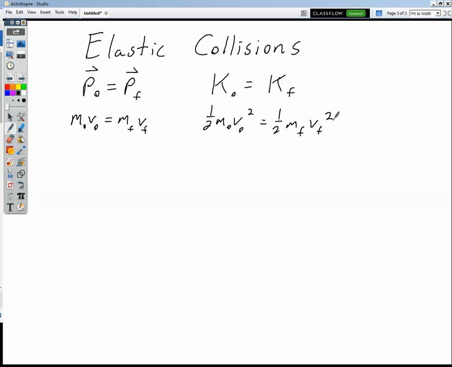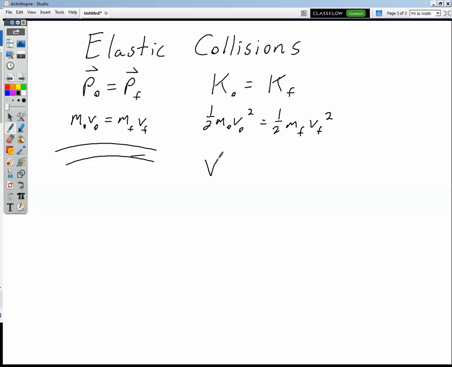And unfortunately here, the algebra becomes a little bit burdensome. And so what we can do is actually combine these equations, and we can get a simpler equation to use for the conservation of energy side. We're always going to use this equation for the conservation of momentum side. But it can be shown through algebra that in combining these equations and getting rid of some variables,